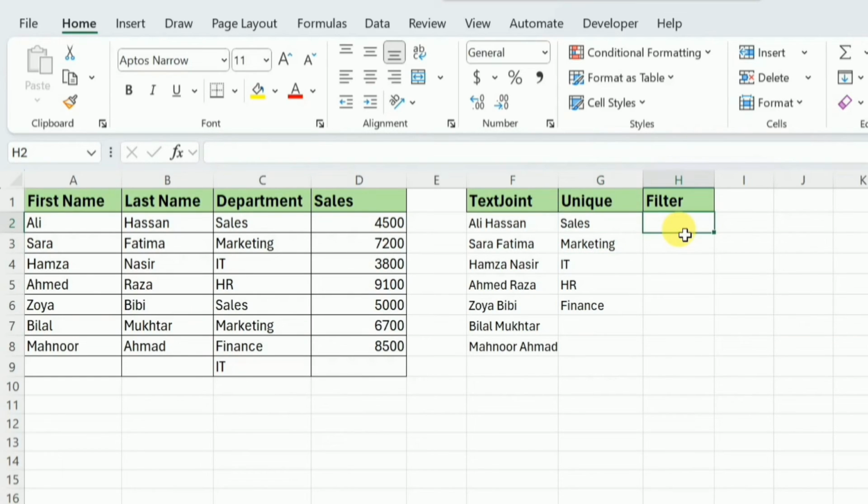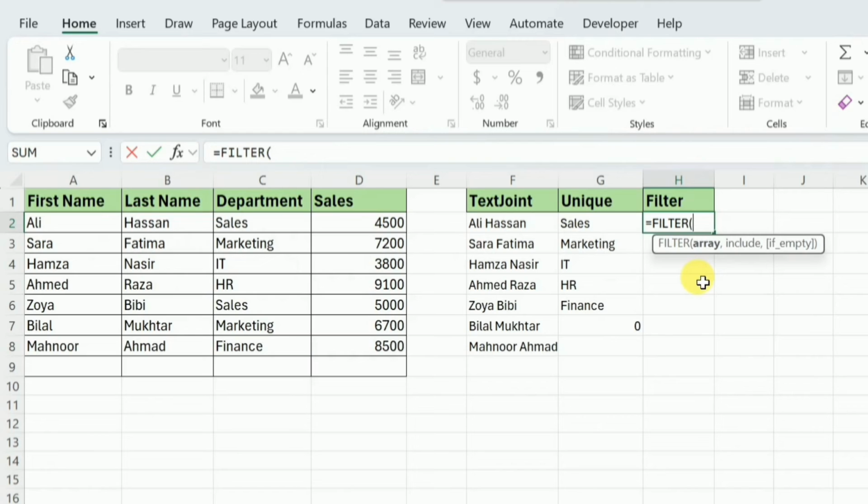Now coming towards our third function, that is the FILTER function. In the data you can see that we also have the sales in the D column, and if we want to filter the data on the basis of any criteria, then we can make use of this function. So here I write =FILTER. First we need to provide the array, so I'll select all the data. After that, we have to provide the criteria on which basis we want to filter the data. Because we want to filter the data on the basis of the sales, I will select this sales data,